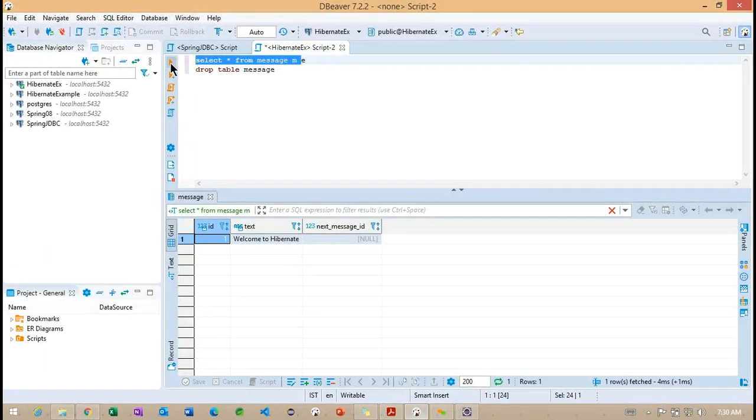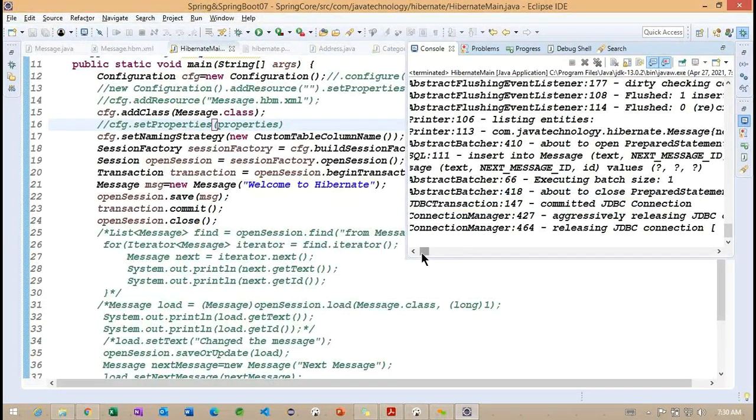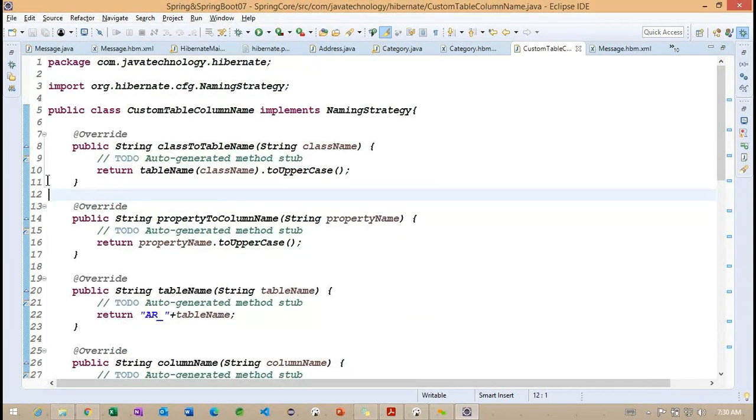Okay. So still not getting the custom table column name. We created the same thing. Okay, so we'll have a breakpoint here.